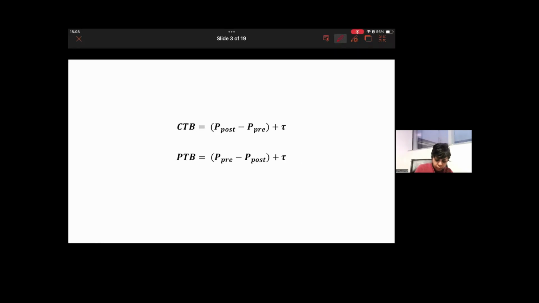So this is consumer tax burden, and this is producer tax burden. Two things happen in a situation where you have taxes. First thing that happens is that if the tax is imposed on the seller, the statutory tax is on the seller, then